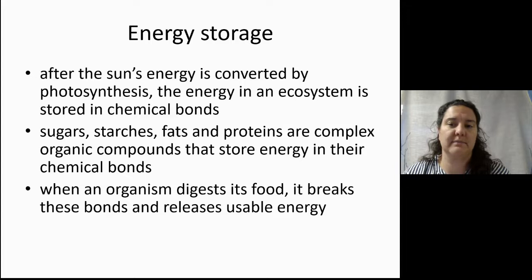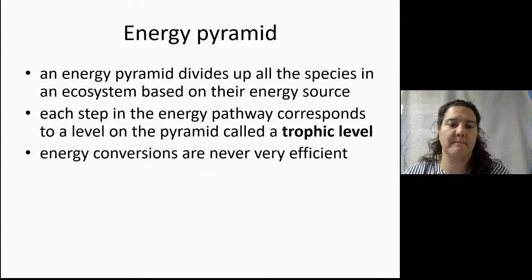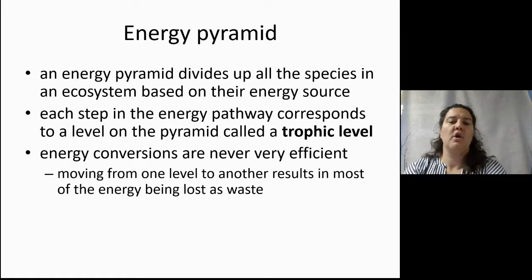meet its needs. We can look at an ecosystem also in the form of an energy pyramid, which divides up all the species in an ecosystem based on their energy source. Are they a producer, consumer, and then what level of consumer are they? Now, each level in this pyramid is called a trophic level. So producers will maintain the first trophic level, and herbivores, or primary consumers, the second trophic level, and then we'll